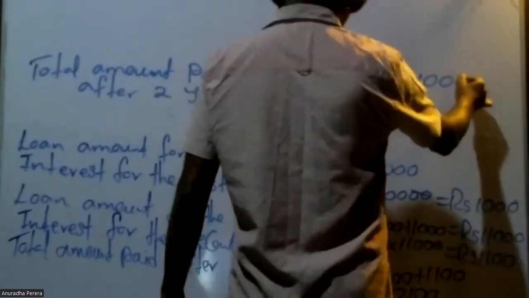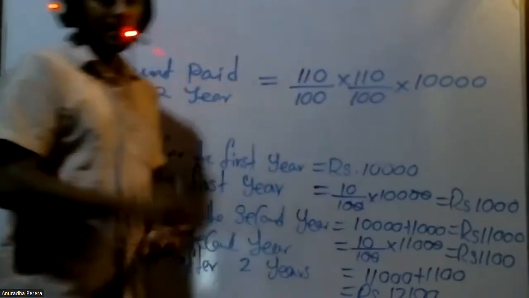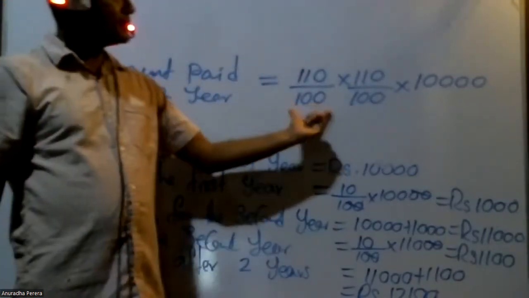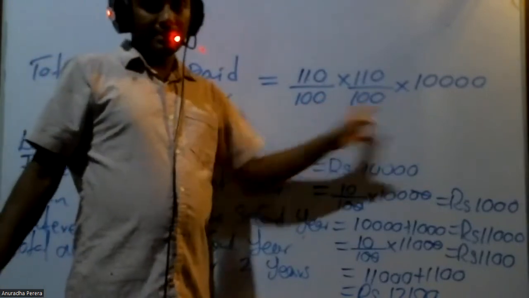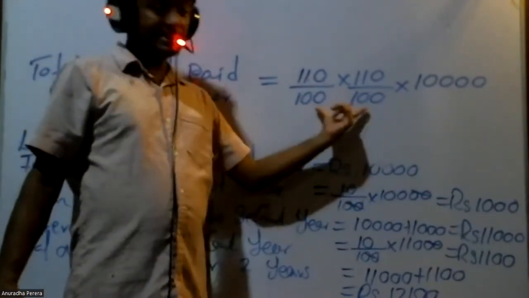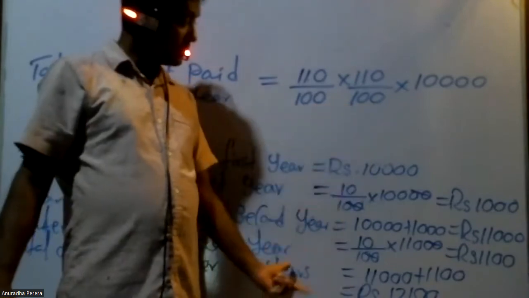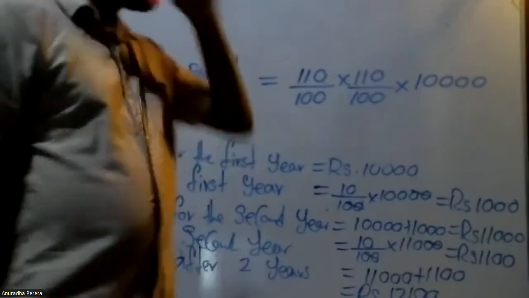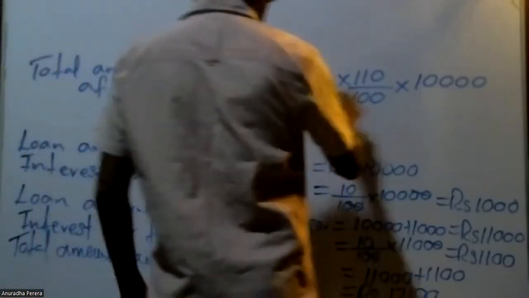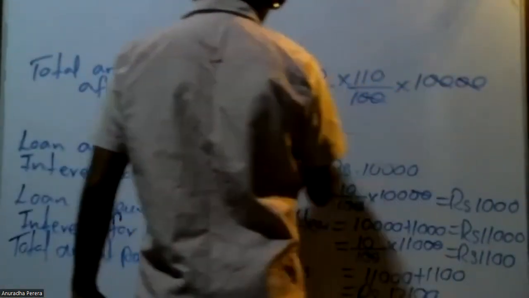This gives the direct answer. If this is paid after 3 years, we have to multiply 110 over 100 three times. But this is paid after 2 years, so you use this product 2 times. Then simplify it. The answer is